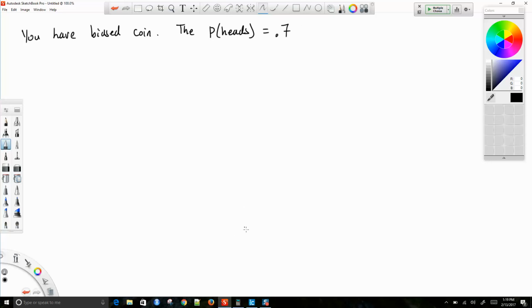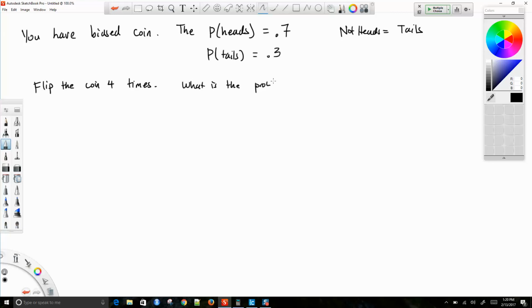Okay, so we'll say the probability of landing heads will be 0.7, and if it's not heads, that means tails, just to make our life easier. So that means the probability of tails would be what? 0.3, right? Okay, and we'll say we will flip the coin 4 times, and we want to know what is the probability the coin lands heads